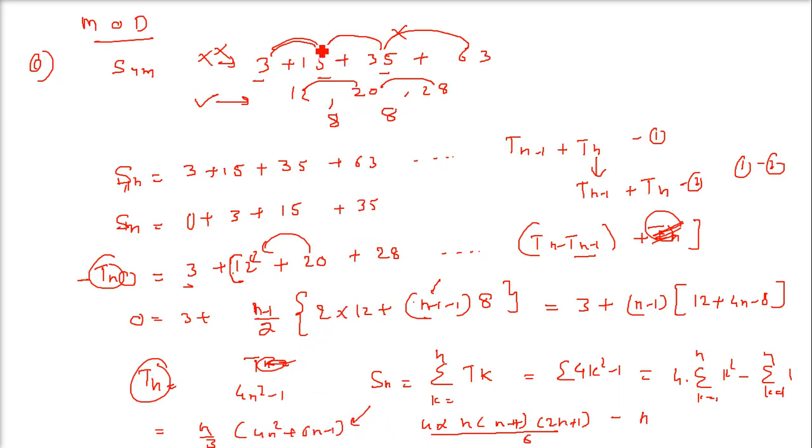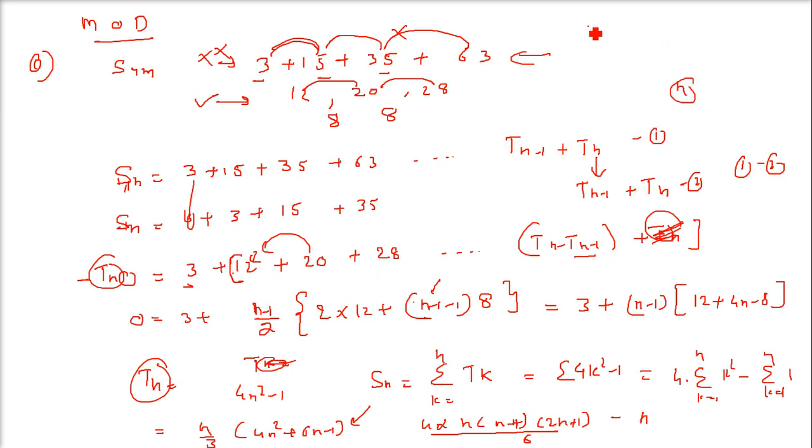Now the thing is, take these terms, write them, because this series is not in AP, but the difference is in AP. That is why we take this Sn, then we shift it, and then we subtract it. This will come here. And other terms, since we already used one of the terms, we are not taking n terms.